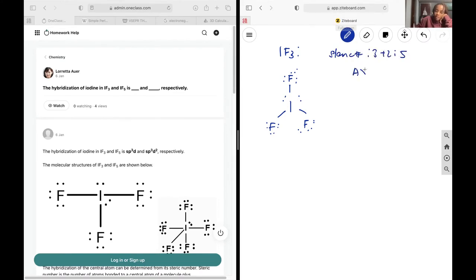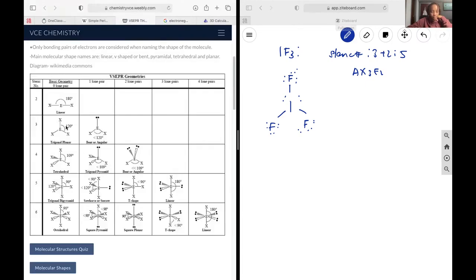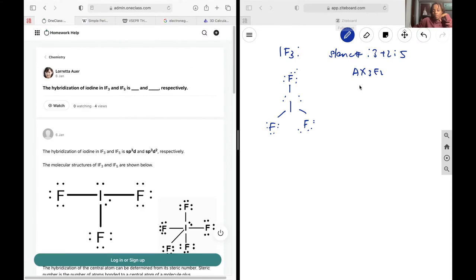Its notation will be AX3E2. This is my number of bonding pairs, my number of lone pairs. And so now that I have that, I can go check its geometry. This VSEPR chart does not list that, but another good way to remember it is that my total orbital exponents should add up. I usually have 1 s orbital available to me, 3 p, so right now I have 4, and then I'm going to need to add 1 from the d in order to get all of those exponents to add up to 5. So the central iodine will be sp3d1